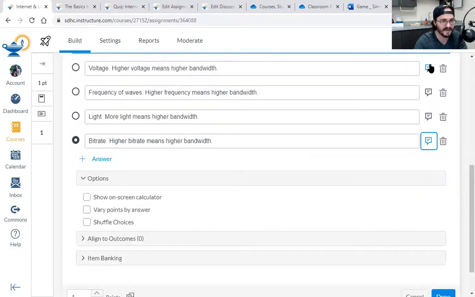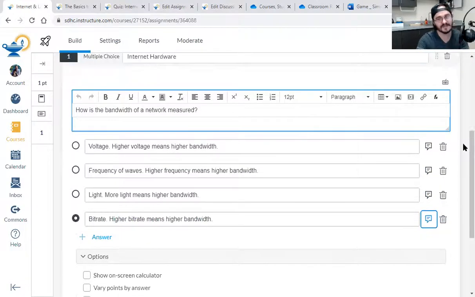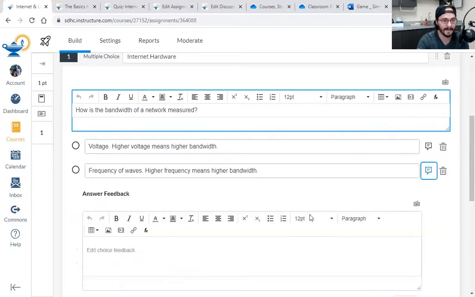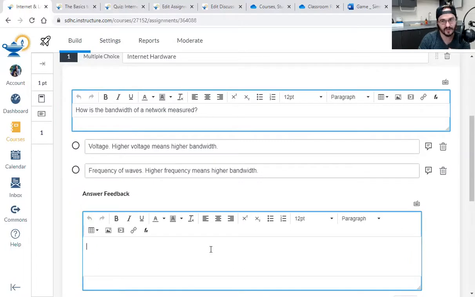Cool. So if you click that, you know what this is good for? It's good for math or reading or science. So in physics, if I ask what's the speed if they went 10 meters in 1 second, and the answer they give me is 1/10, I can give them feedback and say, the error you made was you did time divided by distance instead of distance divided by time. Make sure to go back to your formula sheet and write the formula down first before you do the calculation.